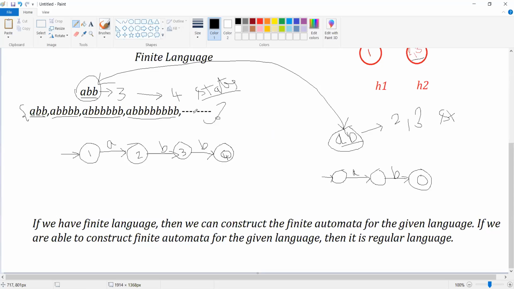In order to do that, without using the looping, it is highly impossible for us to design a finite automata. That is the reason I am going to make use of a loop from 4 to 2. From 4 to 2 I am going to specify some epsilon transition.